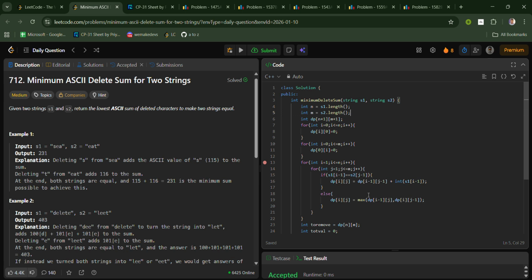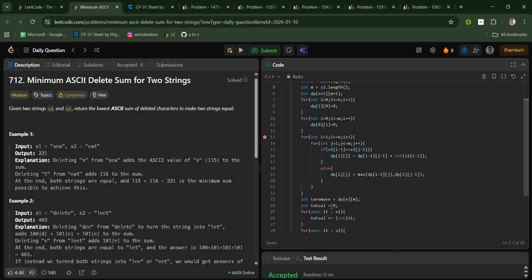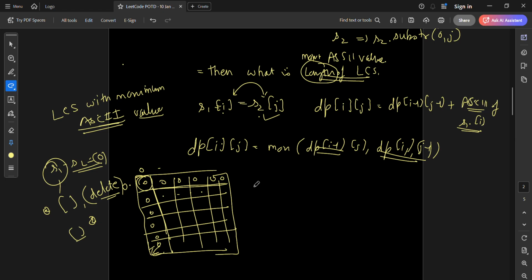Now this whole thing will give us, in our final dp, dp of n comma m, the maximum ASCII value